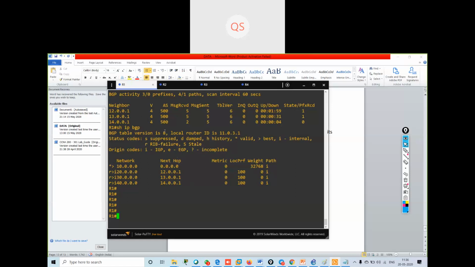But if I am only running BGP protocol and not running any IGP protocol, then it will just show I as the origin code. If it is showing me I, it means I have advertised that network in the BGP protocol. And if I am getting E, it means EGP, an older version of BGP. Previously, we had EGP.